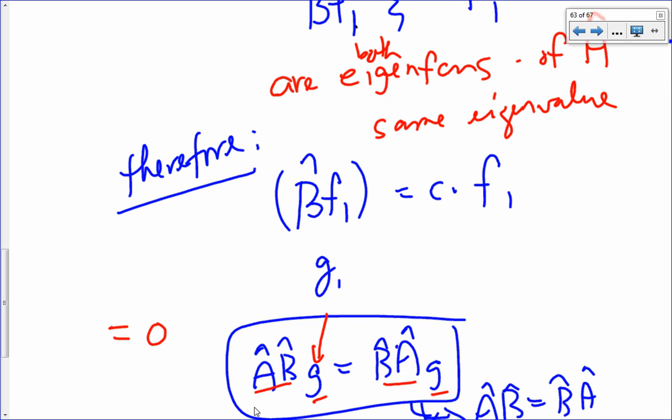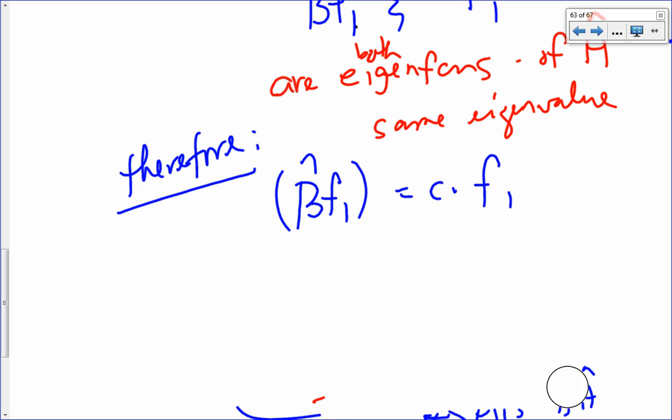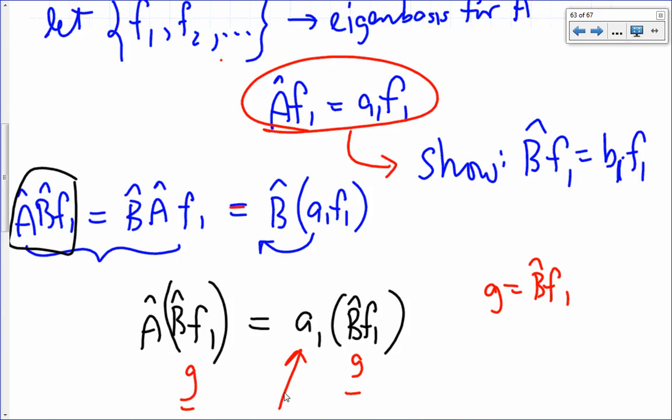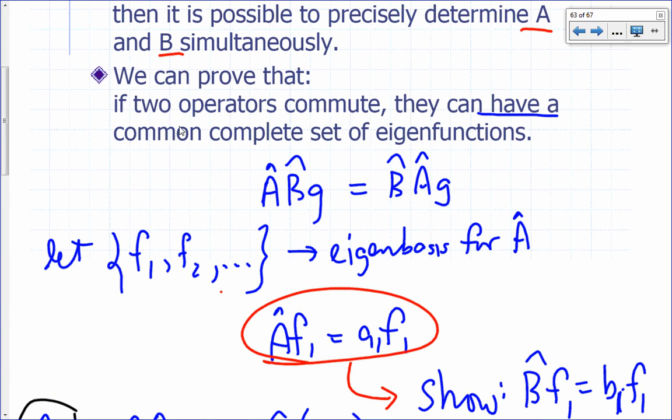So, in other words, we say G and F1 are not linearly independent. You can write G as just some constant times F1. What we just did here is we've proven that B hat operating on F1 gives you back another constant times F1, and this constant we can call B1 if you want. So they're not linearly independent. Okay? So that means it's possible for us to choose a common complete set of eigenfunctions for two operators if